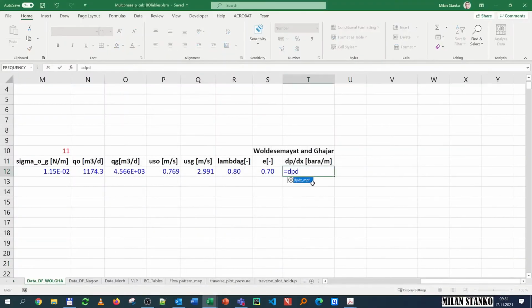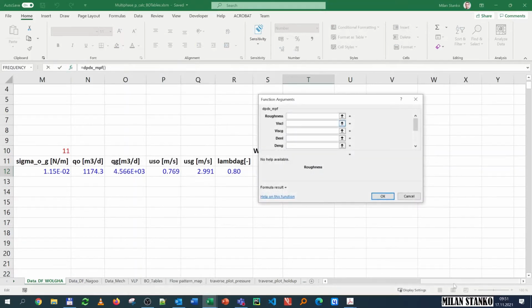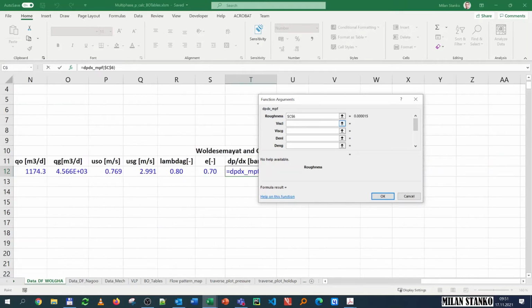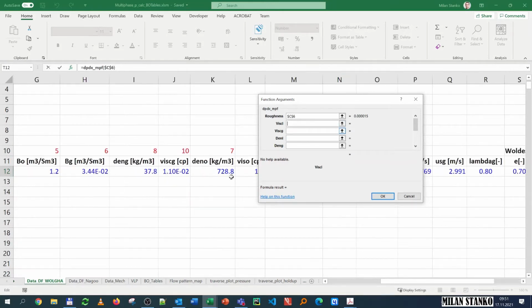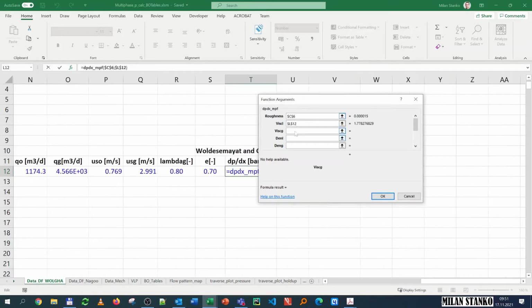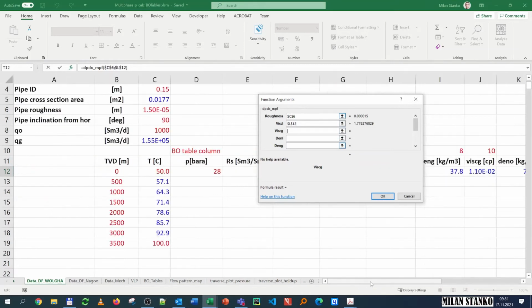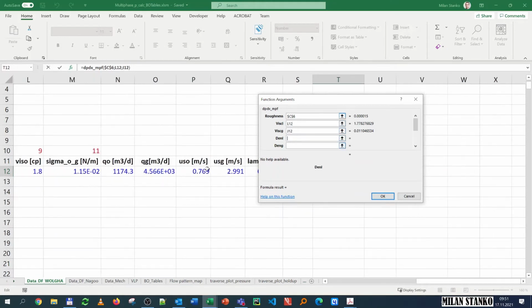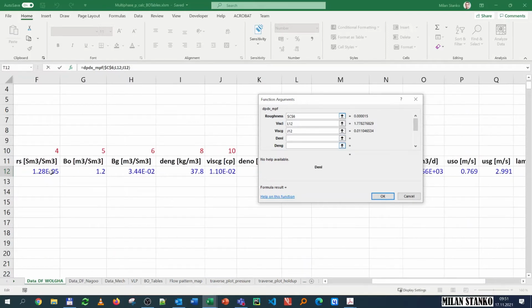dp/dx is the drift flux model. And then we say, well, roughness, it's this one here. Viscosity of the liquid is someplace here. Viscosity of the gas is here. They shouldn't be blocked, sorry, because I wanted to drag it down to apply to all rows. And then density of the oil is here. Density of the gas,